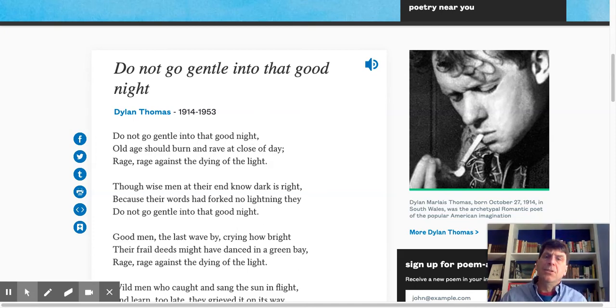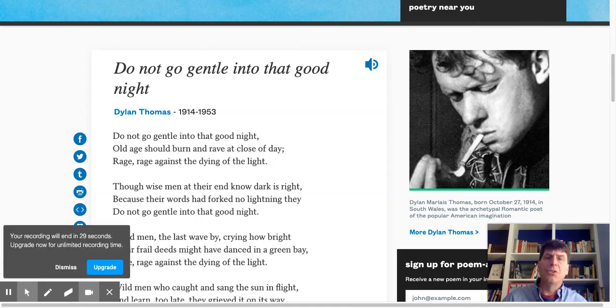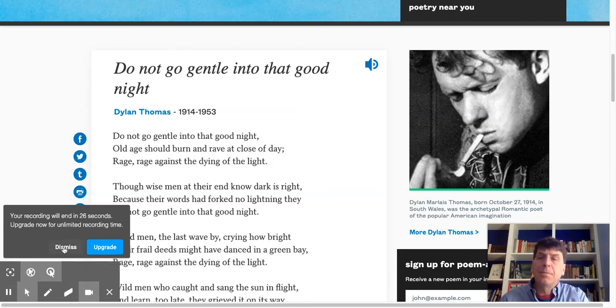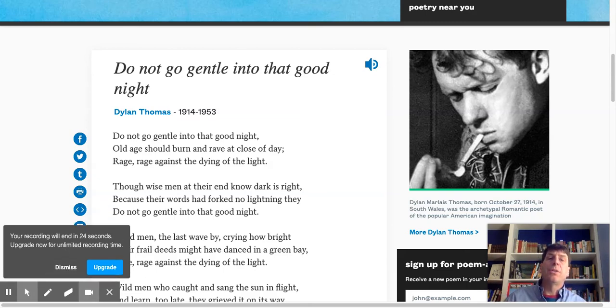So just looking at how he uses the devices, he uses quite a bit of alliteration. He uses personification. He uses a number of images having to do with light and darkness, mostly having to do with the end of life being compared to the end of a day. And through all these devices, you get a sense of contrast, of revolt almost, that he is creating a sound and a tone of rebellion against this dying of the light.